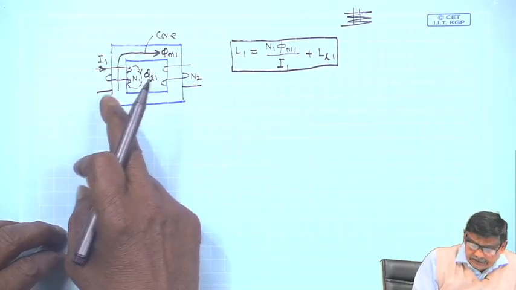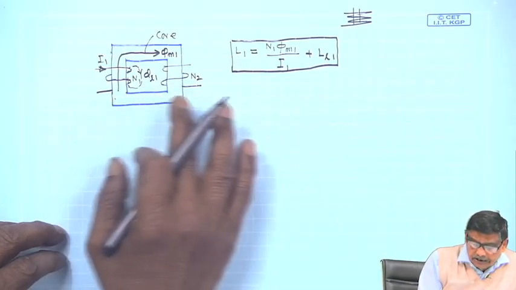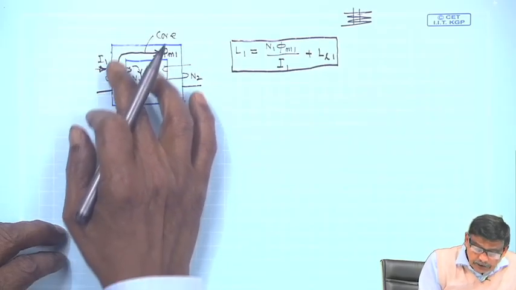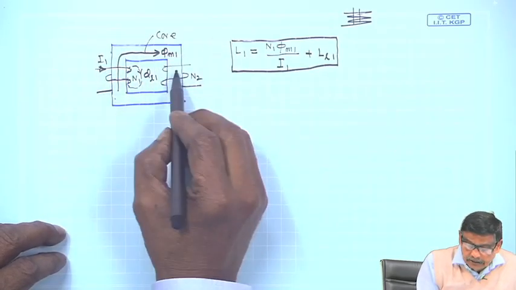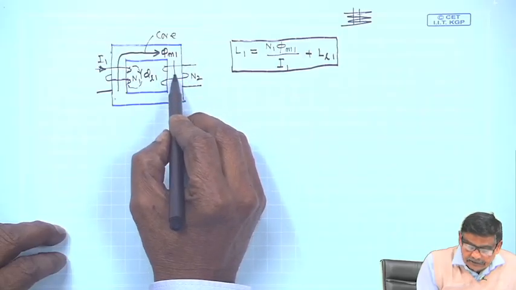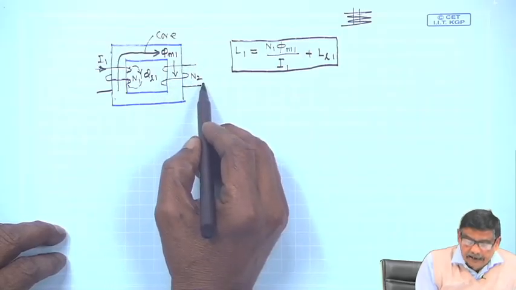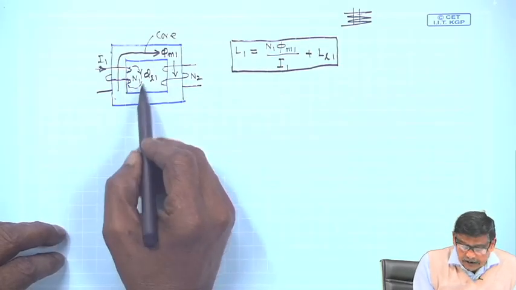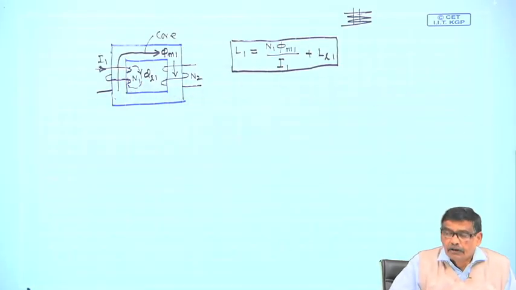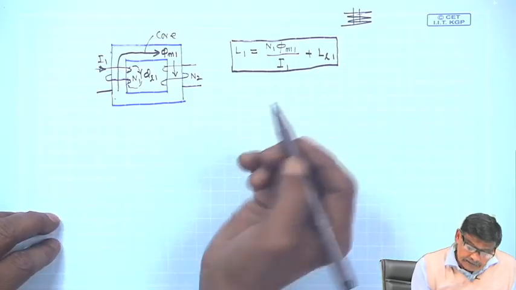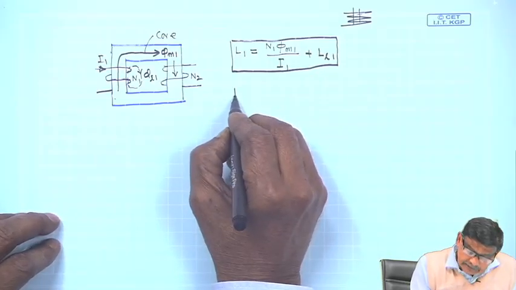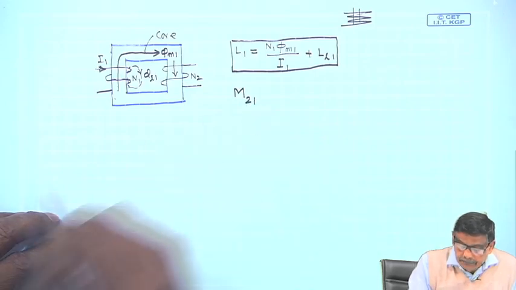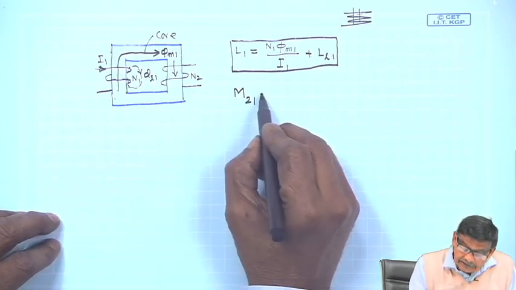So, in this case it is very simple, two coils are there, one coil is carrying current and it is this mutual flux phi m1 that is going to link the second coil N2. Phi L1 after all cannot link the second coil, and therefore I can define mutual inductance like this, M21, as